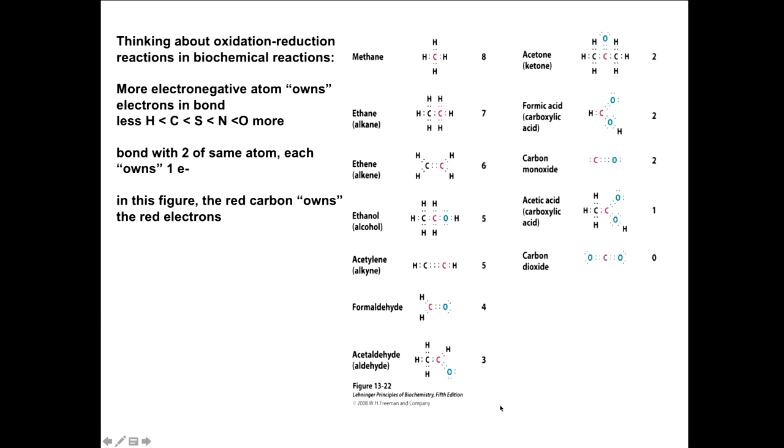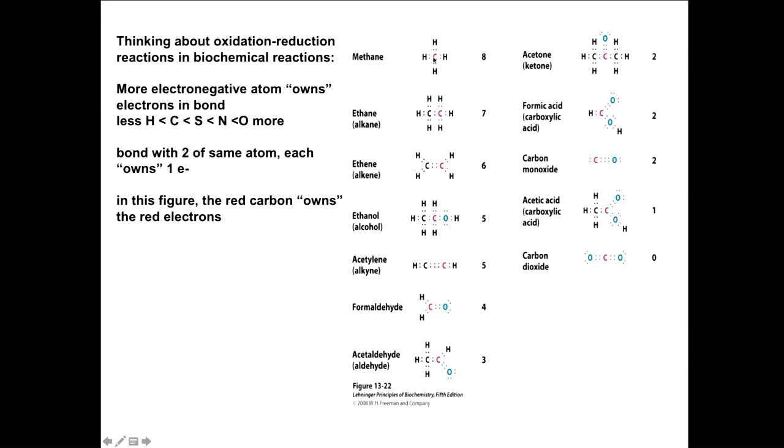When I was first looking at it, I thought, oh, this makes it much clearer. So hopefully this will help you as well. We have a lot of compounds here with carbons and hydrogens and oxygens, and I don't think we have any nitrogens here. But if you picture a carbon sharing electrons with another atom, because it's a covalent bond,